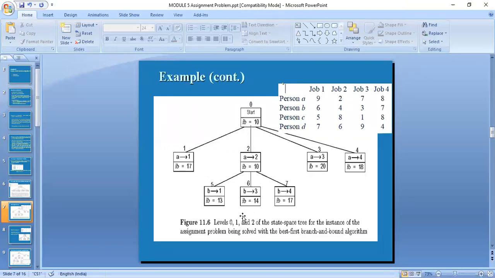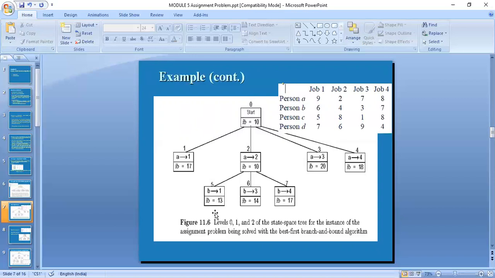In the initial explanation itself, I told you, when person A has 4 choices, B will have only 3 choices. Next, person C will have only 2 choices. At each stage it keeps on reducing by 1. The number of choices, or the number of children, gets reduced. So here B has the choices 1, 3 and 4. You are saying either job 1, job 3 or job 4.